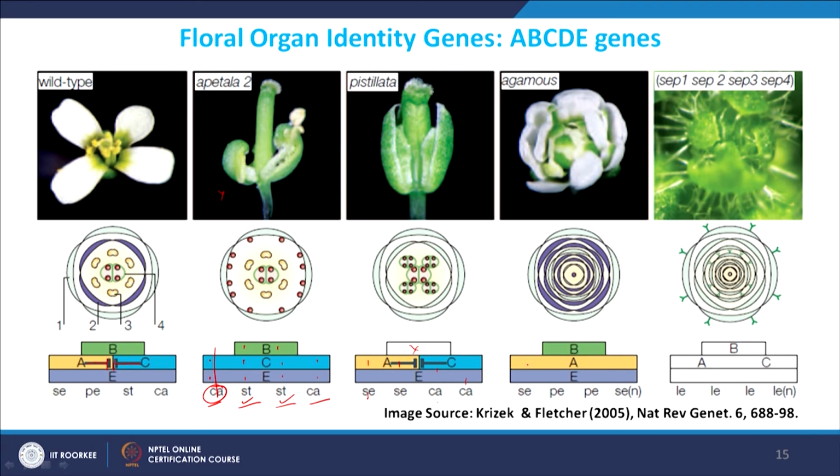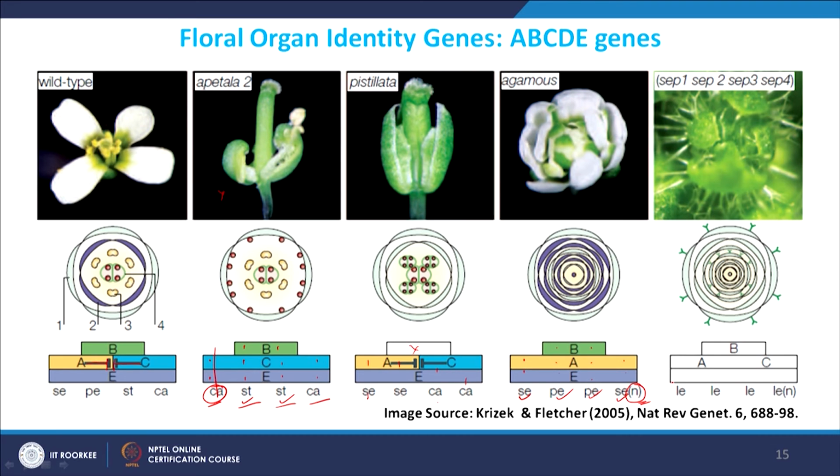continue expressing here. So here you have A and E, it will give sepal, A, B, E, it will give petal, A, B, E, it will give petal, and here you have only A and E, it will give sepal. But another important thing here, what happens is that this structure basically continued. So, there is a flower within flower phenotype, which tells that in these mutants the floral